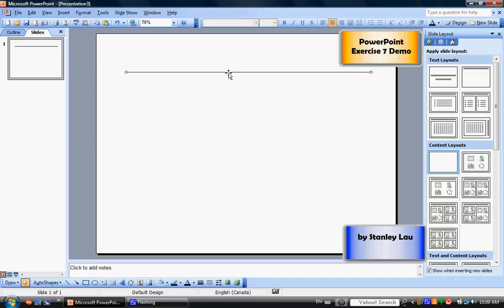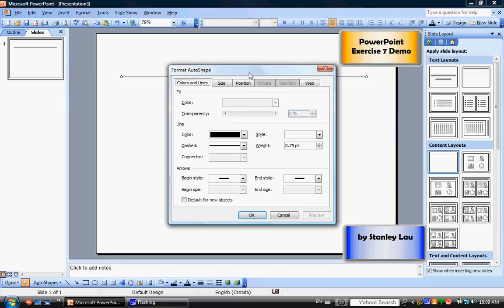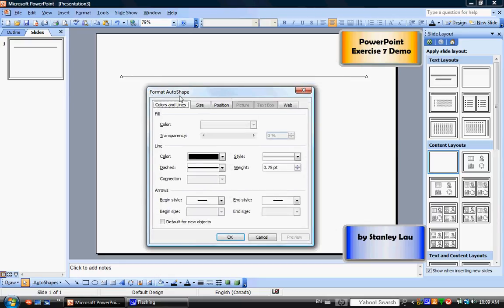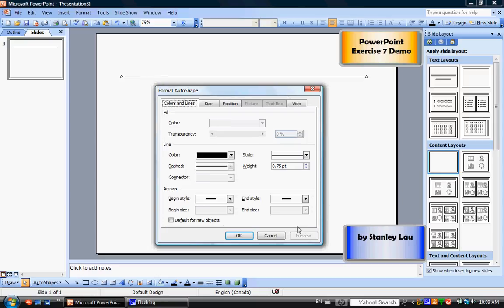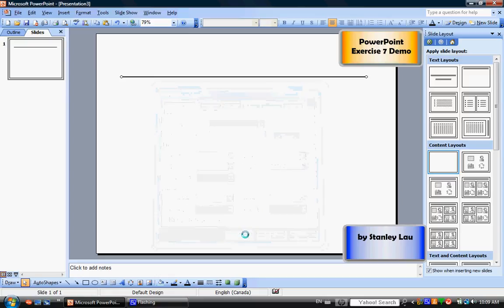Okay. Now, besides just moving and resizing, you can also put your arrow right on the line. Again, when you see the four-way arrows, you can double click the line. Double clicking the line opens up the Format Auto Shape option. This is a box that appears, and there's a couple of things you can do, including weight. Okay, if you click the up arrow, you can increase the weight, which basically makes the line thicker. If you go to 2.25 and click OK, you can see that the line has now become quite a bit